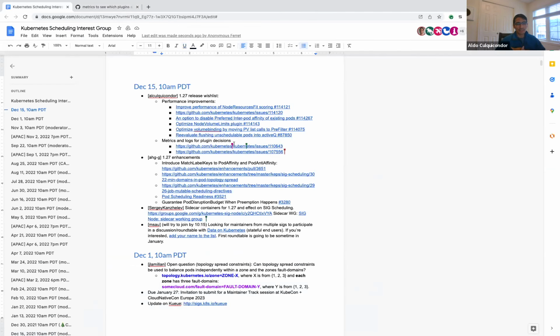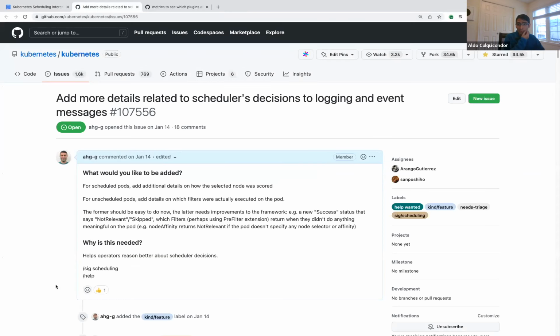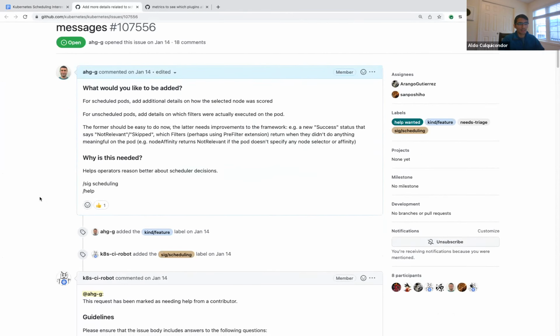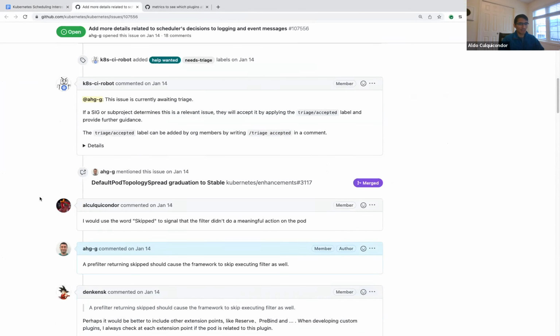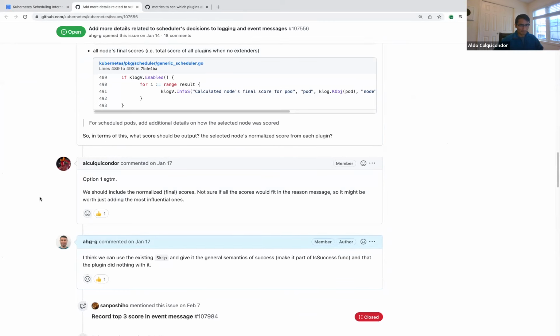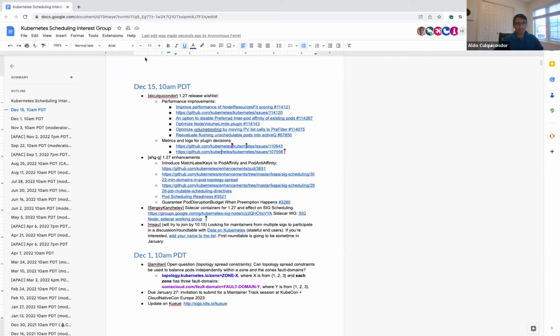And with that, once that is finished, we would also like to include that into the logs, so it's more easy to debug. And there is some we could generalize also for score plugins, but we haven't really thought of all the implications. But once we finish this, and if there is still time in the release, we can definitely look into improving metrics and logs for scoring. So yes, that's kind of on the small side of things that we want to achieve during this release, things that don't require caps.